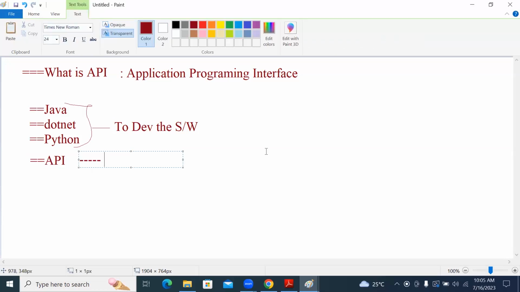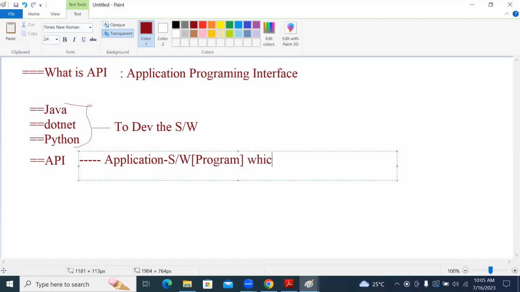This API is also one of the applications, or you can consider it one of the softwares, or consider it one program, which is used to connect two softwares.